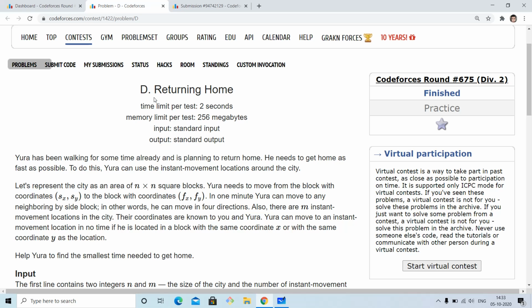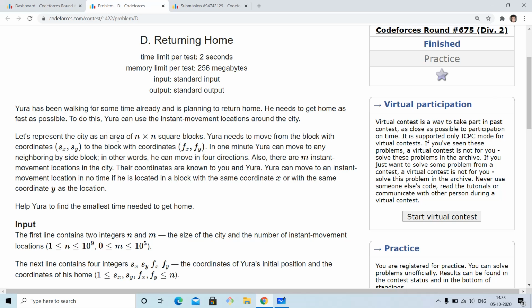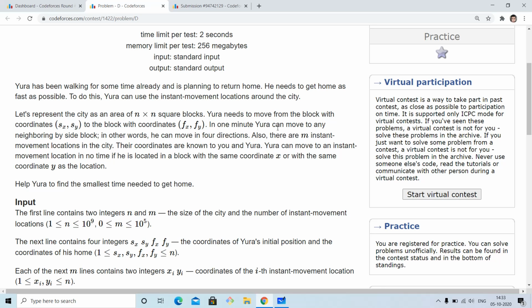Hello everyone. In this video, we're going to discuss problem D, Returning Home, from Codeforces Round 675 Div 2. The problem is that we are given an area of n by n square blocks, and we have to move from the source to the destination coordinate. And in 1 minute, we can move to an adjacent block from the block where we currently are,